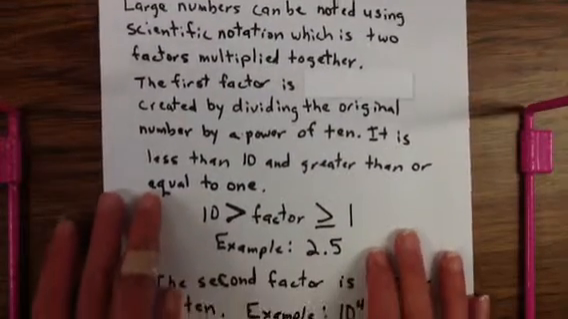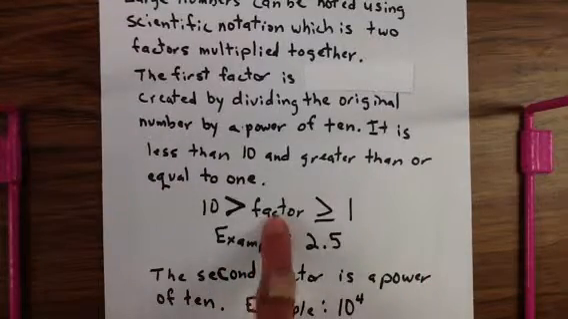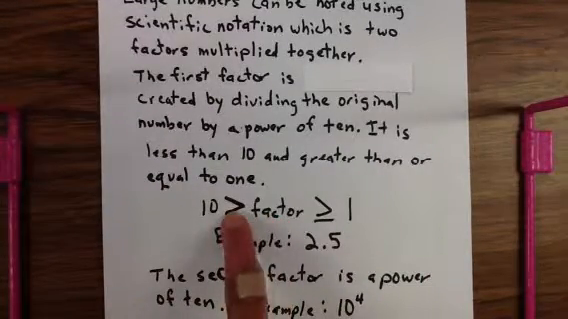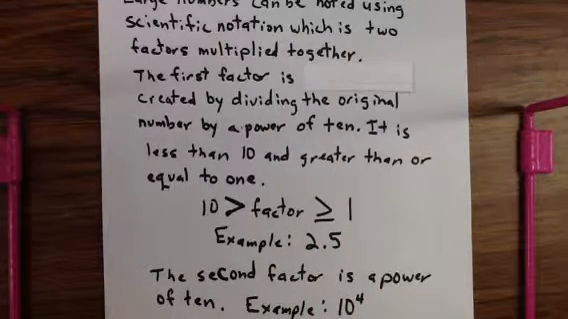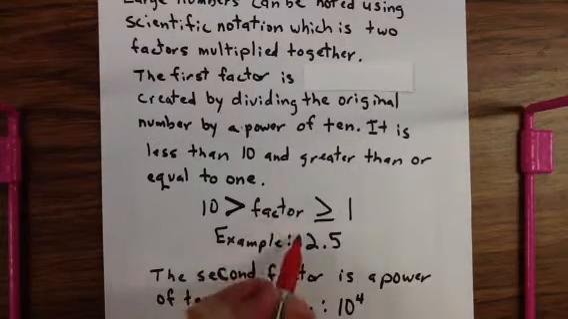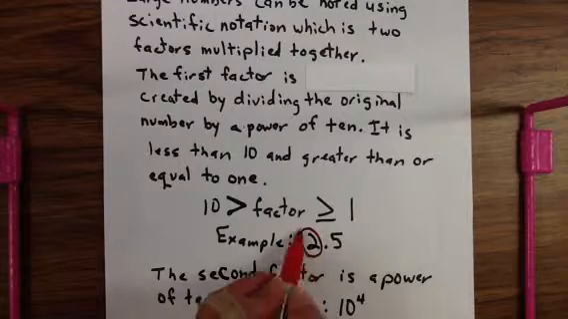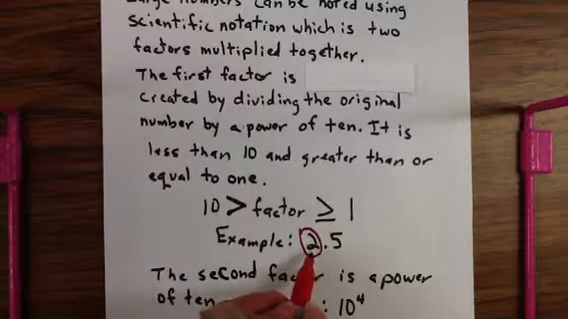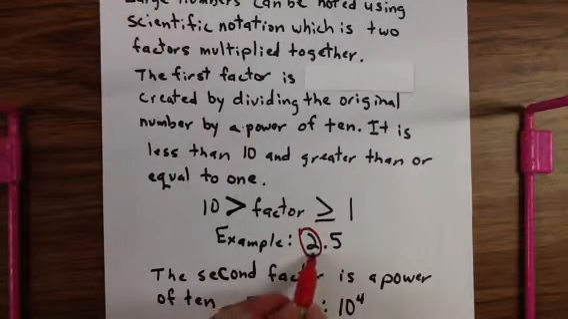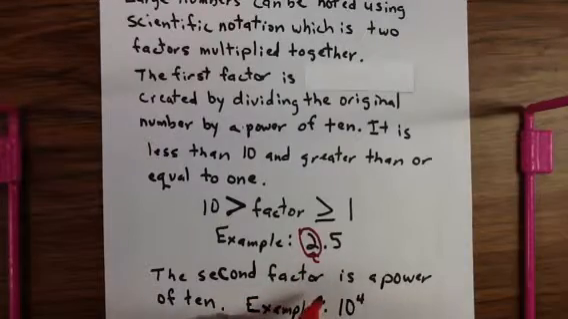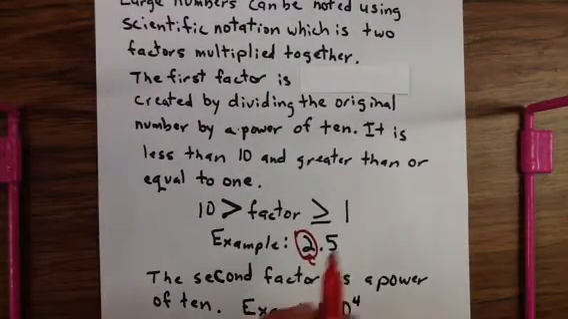Like I said, the first factor will be less than 10, greater than or equal to 1. Another thing to note about that first factor, by these guidelines, that means that there will be a single-digit number to the left of the decimal. So you notice here, that's a single-digit number. So, for example,